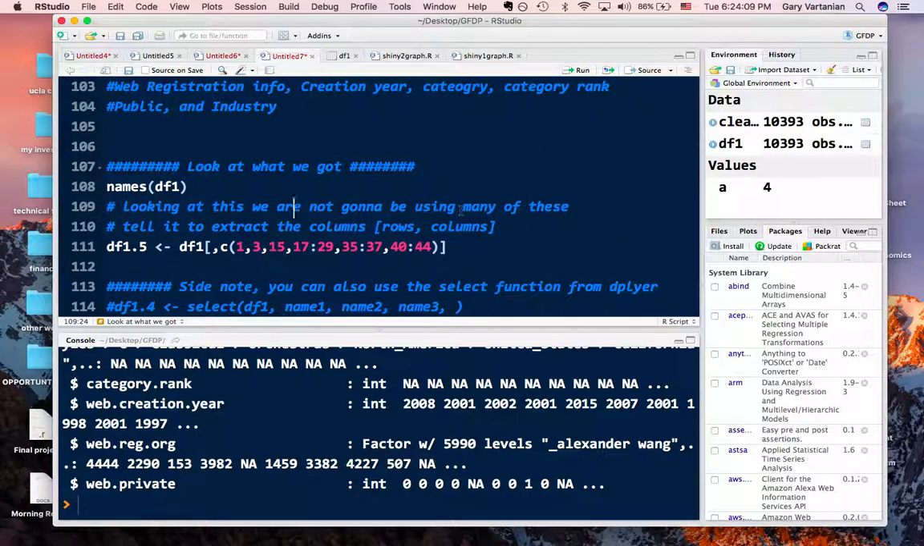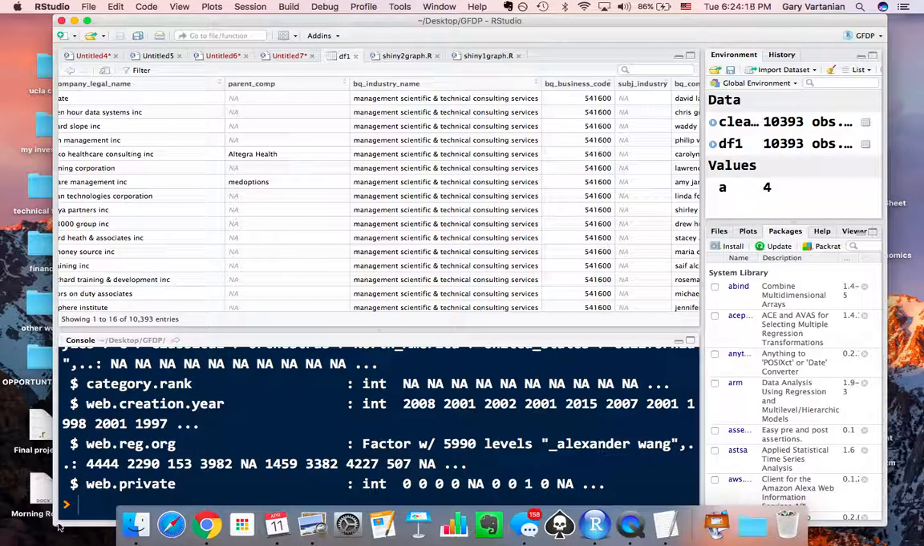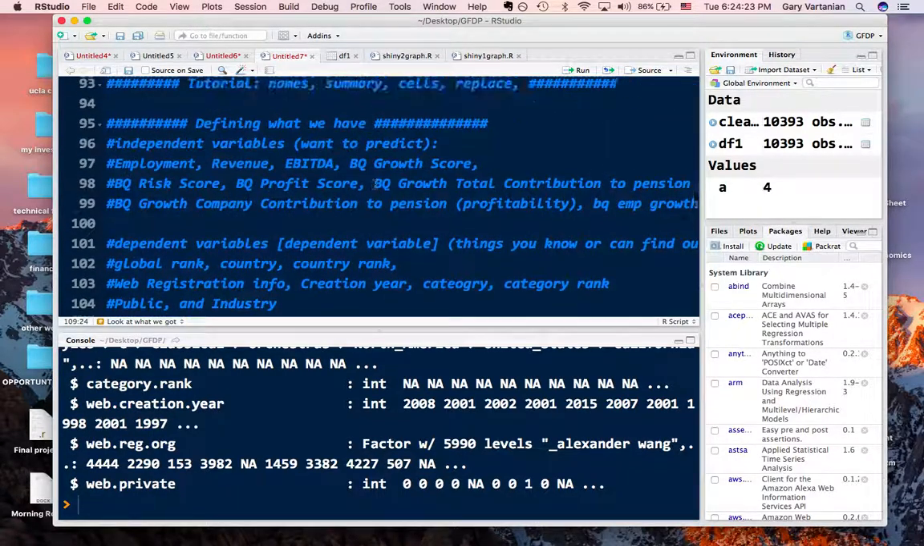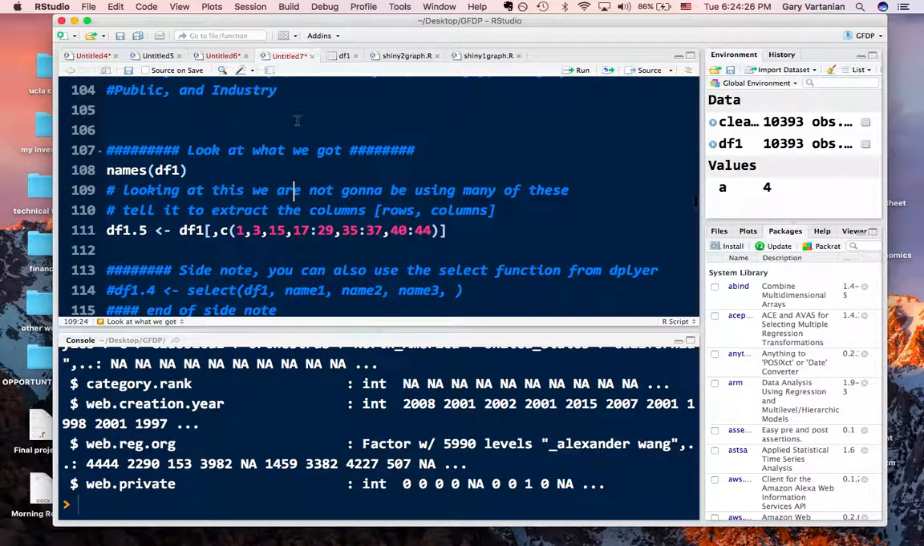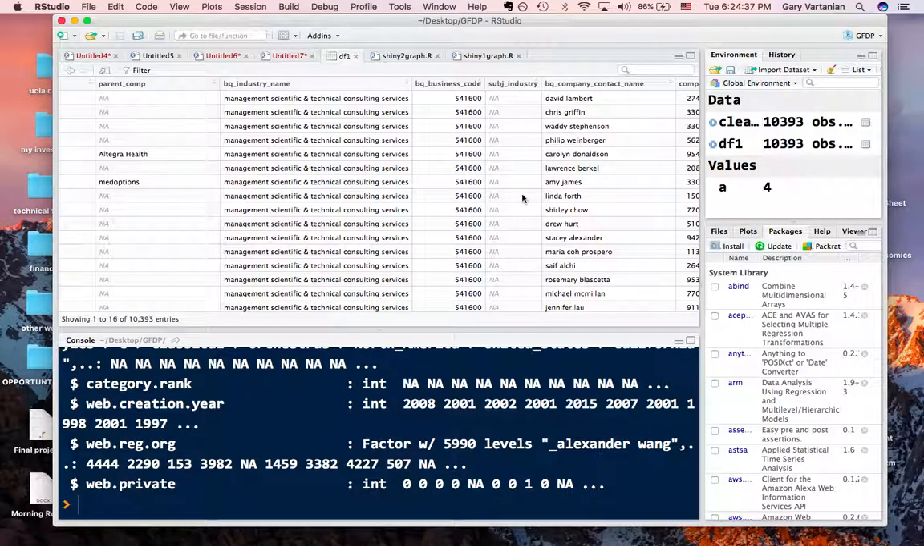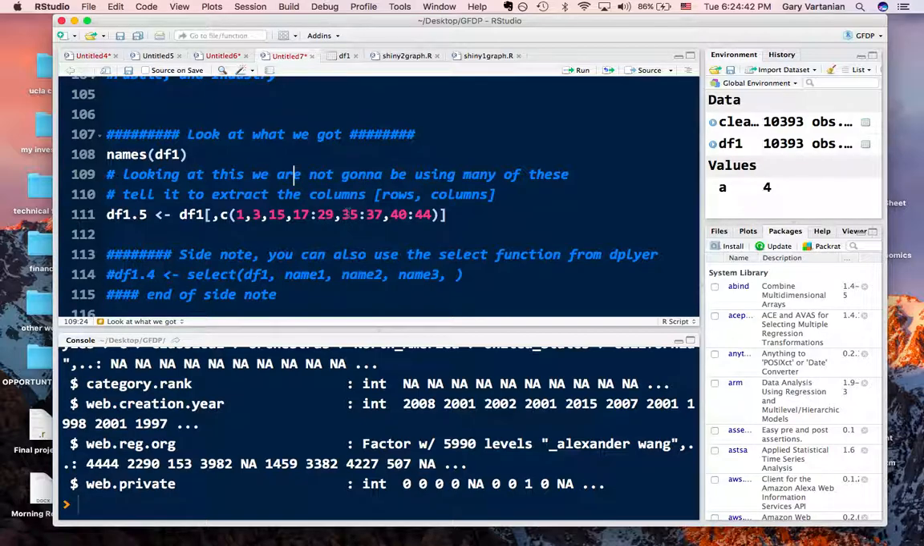So looking at this, we're not going to be using many of these, so we tell it to extract the columns. Remember your Excel sheet, your pseudo Excel sheet in R, this thing. Again, we are interested in these variables, and in my analysis, I care little for parent company, BQ business code, and subjective industry, so I'm going to get rid of them. I'm going to tell R to create a new data frame called df1.5,